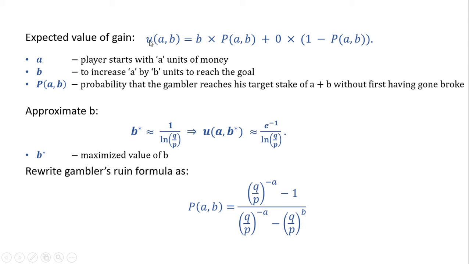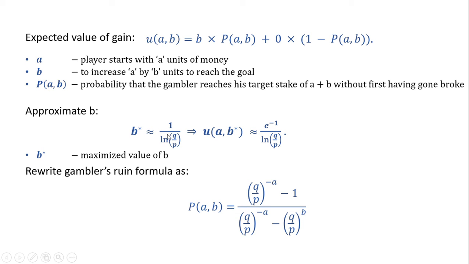There is also another interesting formula, let's call it the auxiliary formula, that the expected value of gain, UAB, is written like this. The variables are the same as the previous one. Now, for finding the monetary value, we need to first approximate B, and as we said, the most reasonable move would be to bet the maximum amount. So we maximize B and denote it as B star,